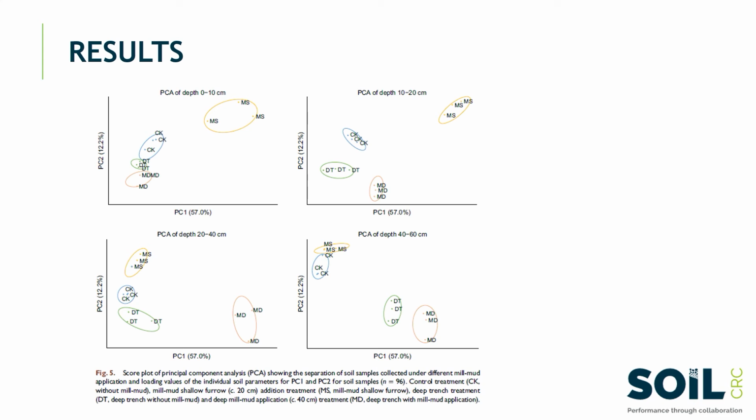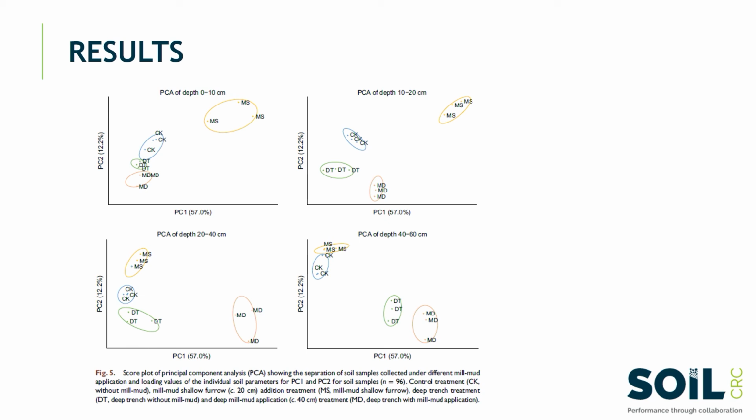In the 20 to 40 centimeter depth, the deep application treatment was separate from the other treatments. And most interestingly, at the deepest layer, the deep trench and deep trench mill mud application treatments were separate